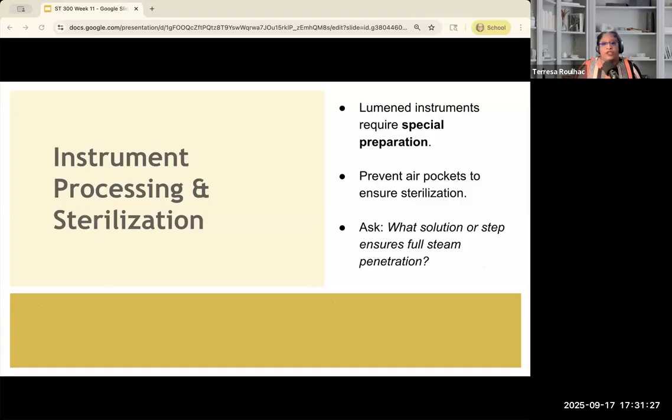I want you to think about what solution helps achieve that. Ask yourself, how do I guarantee sterilization is complete and effective in every instrument? Remember, there are internal, external, and BI indicators. Some tell you that parameters for sterilization have been met on the inside. Some let you know that parameters for sterilization have been met on the outside of the package. And there's only one way that we actually verify that sterilization has taken place. Make sure you guys are looking that up, okay?